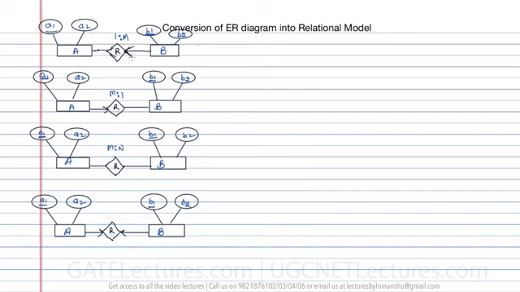Right, now it is representing a one-to-many relationship. One-to-many, because here you can see the maximum cardinality for B is 1 and the maximum cardinality of A is M. So you generally write it like this. So it is a one-to-many ER diagram, or you can say one-to-many relationship. Here we are going to require two tables.